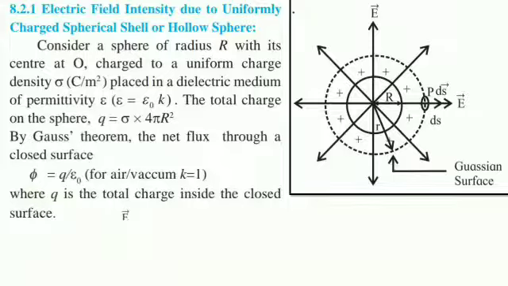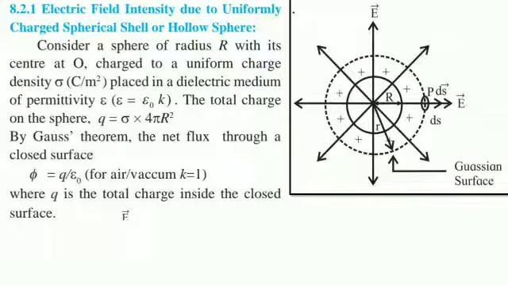Now how is this Q equal to sigma into 4 pi r square? See, just now I have explained to you that sigma, that is the density, is equal to Q upon area. Now as we know, the area of any spherical body is 4 pi r square. So we can say that charge itself is sigma times area. So if we consider that the charge is small q, then small q is equal to sigma into 4 pi r square.